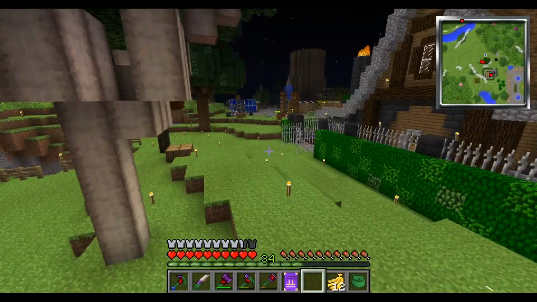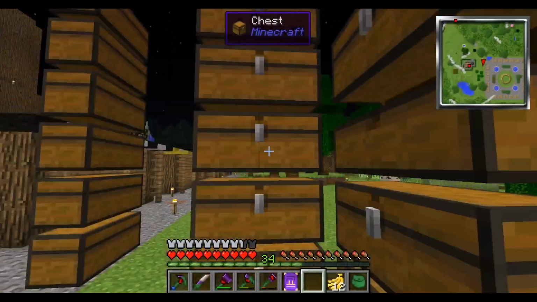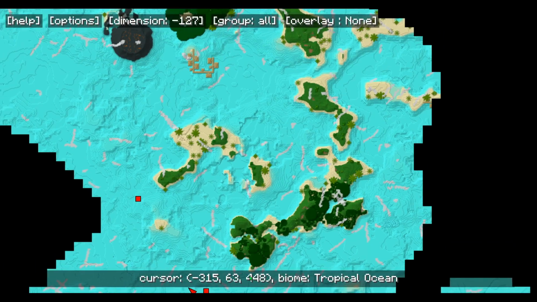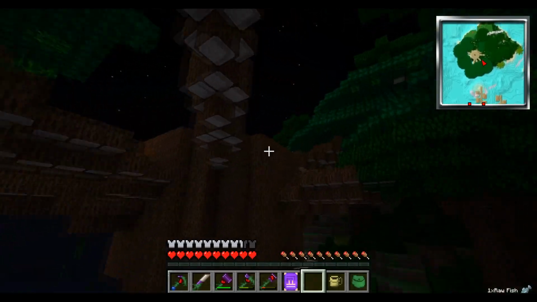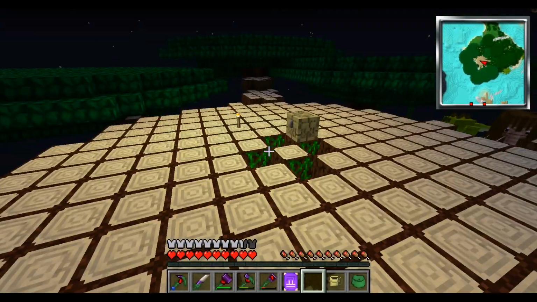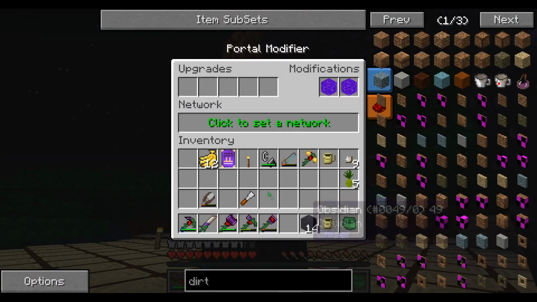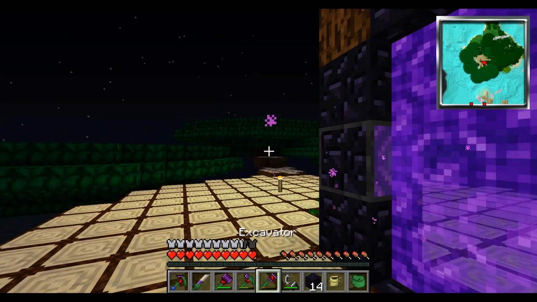But now we can't go through the teleporter because we have to go through the water teleport. I'm gonna need 1 mug of cocktail. Let's go into tropic land and let's see where we could set our teleporter. I think maybe let's just set somewhere near this village. We could possibly just plant it on top of the tree right over here. Add the portal modifier, insert card, select golden apple, light this teleporter, and let's go back